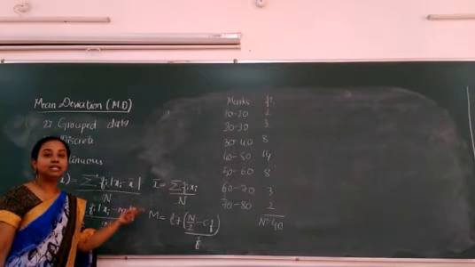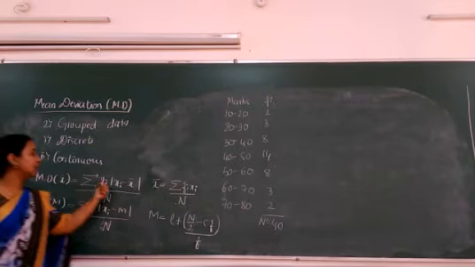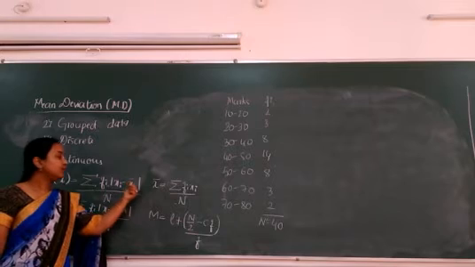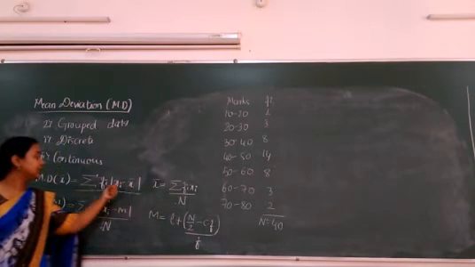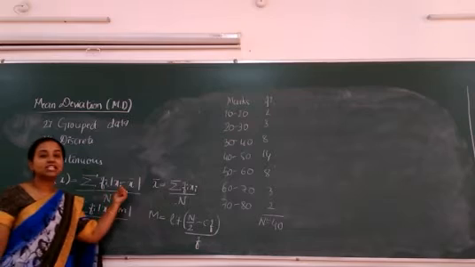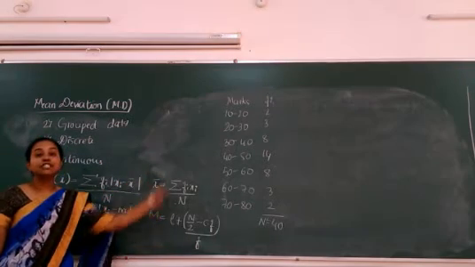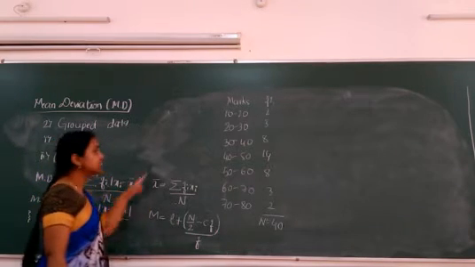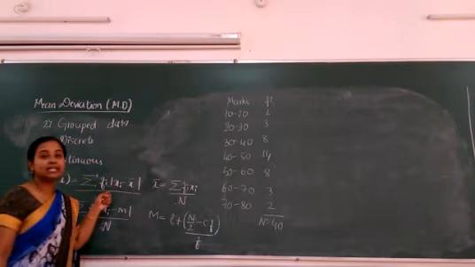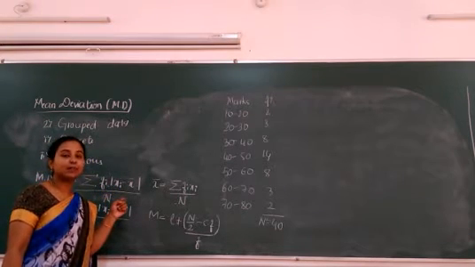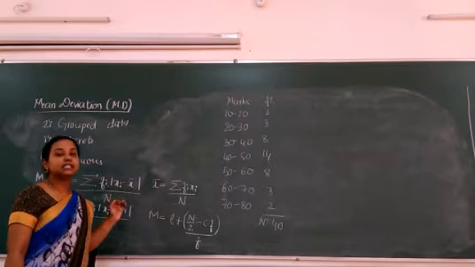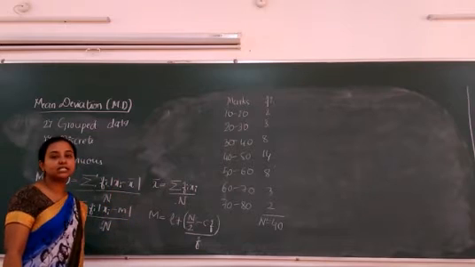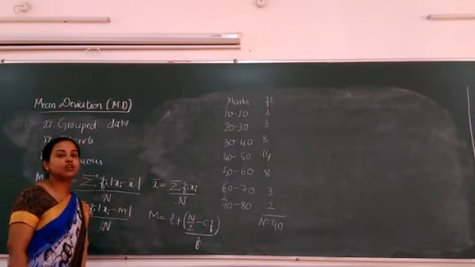What is the formula for mean deviation about mean? It is summation of fi into modulus of xi minus x bar divided by n. Now mean we can calculate with this formula, but the xi, which has to be subtracted, is not visible to you. It can be calculated using the given data. That is the only extra part in continuous data: the xi's will not be directly given. You have to calculate the xi's, and the remaining process remains the same as in the case of discrete.